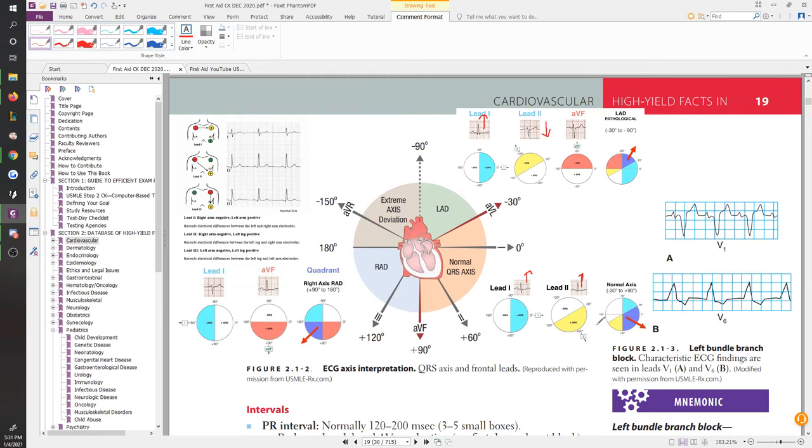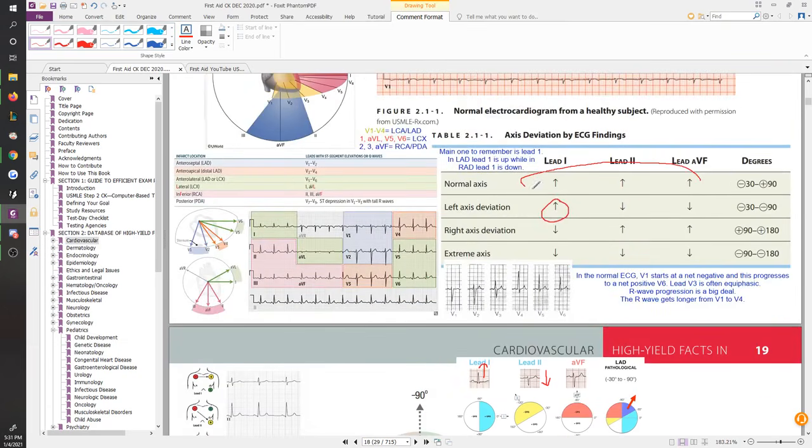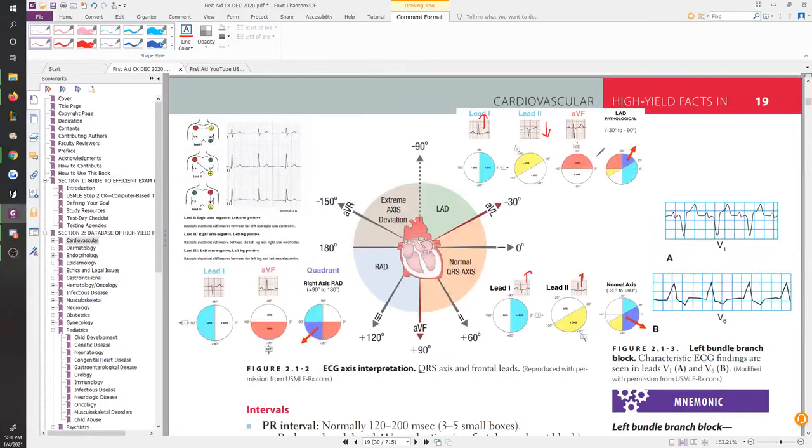And if you overlap these guys, the purple area now becomes this upper area over here, which is going to be your new axis, and that's pointing upwards. Right? It's going the opposite direction of what was normal. So the normal axis had everything pointing up. All three of these guys are pointing up. Now here you can see AVF is also pointing down. So when you look at an ECG and you see that in 1, 2, and AVF, 2 and AVF are pointing down, that's not supposed to happen, then you know immediately a person has left axis deviation.